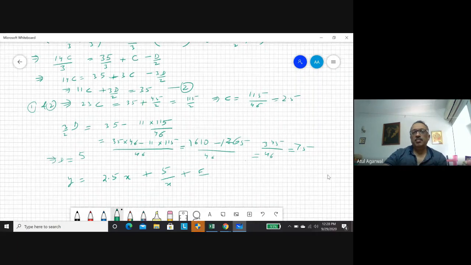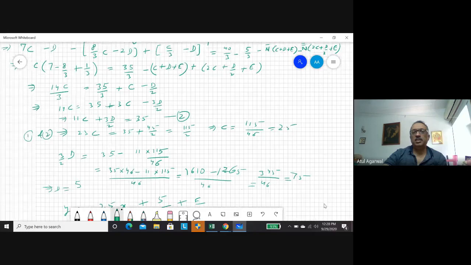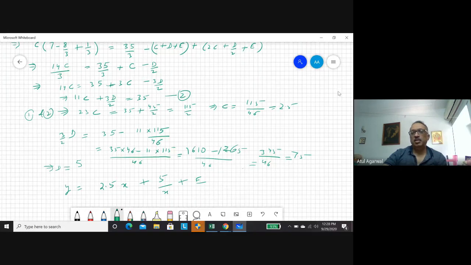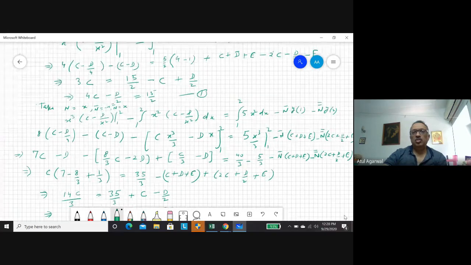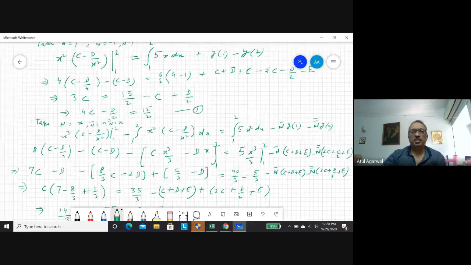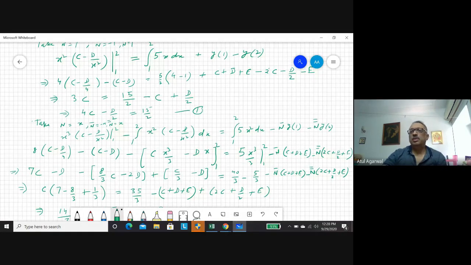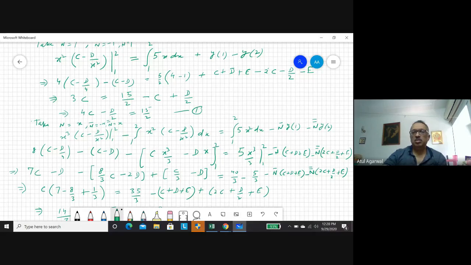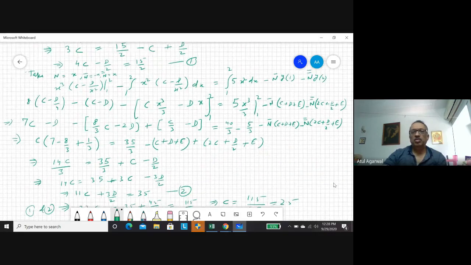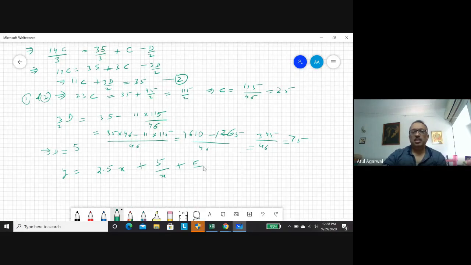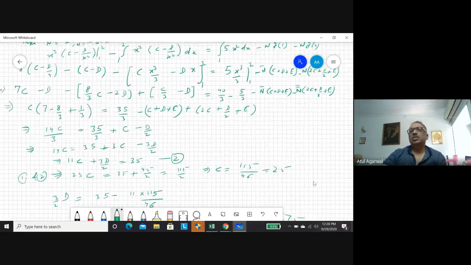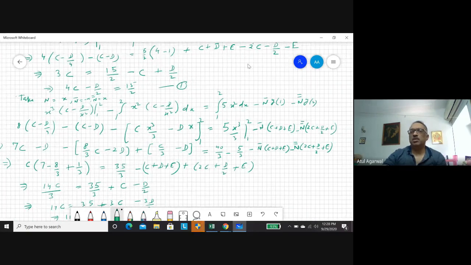So here what is happening is probably all these equations are not giving you the value of e. So you have to check out why you are not getting the value of e. It should be coming to be 0. So we have to check out why the equation that gives you the value of e is not there. So this is a procedure for doing such problems.